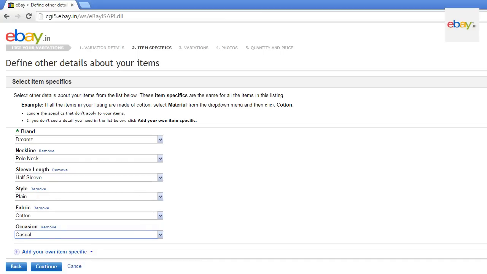You can add your own item specifics as well by clicking on Add your own item specific. If you do not want to use an item specific, you can remove the same by clicking on the Remove link next to the particular item specific. Once you have added the item specifics, click on Continue.